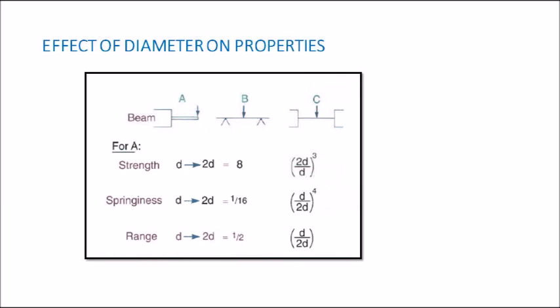So this is how, with changes in the diameter of the arch wire, whatever be the nature of the beam, whether it is cantilever or supported at both ends, the normal pattern of change in the mechanical properties is that the strength increases when there is an increase in the diameter of the wire, and it is a cubic function. The springiness as well as range are inversely proportional to the changes in the diameter, and springiness is often expressed as a fourth power of the ratio. So please remember this mathematical formula, because they can ask you questions like, if the diameter of the wire is increased this many times, how much will the strength be affected, how much will the springiness get reduced, or how much.